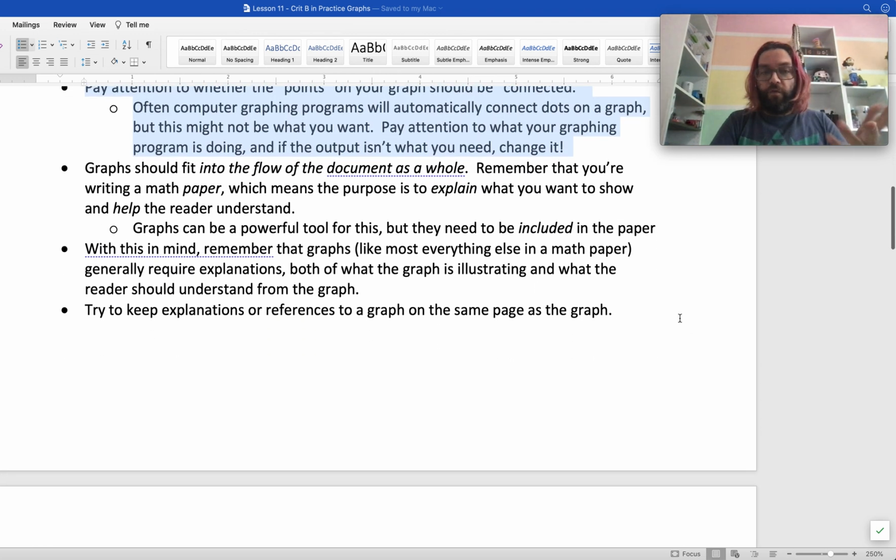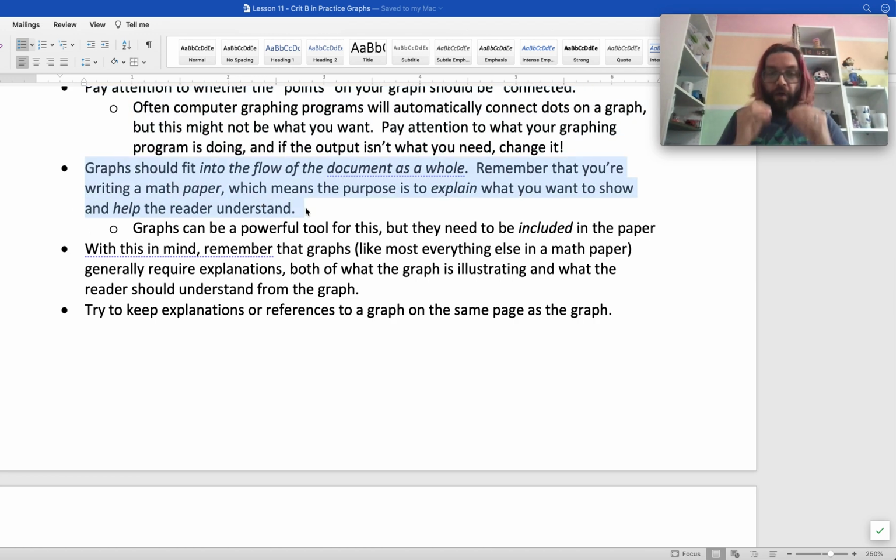I say this for all the videos in this series, but I'm going to mention it here as well. Your graphs need to fit into the flow of the document as a whole. You're writing a math paper, and that means that your purpose is to explain what you're doing and show that to the reader, help them to understand what you're trying to say. Graphs can be really powerful tools for that, but they have to be included in the paper. And that means you don't just want to say, here's a table, here's that table represented as a graph,